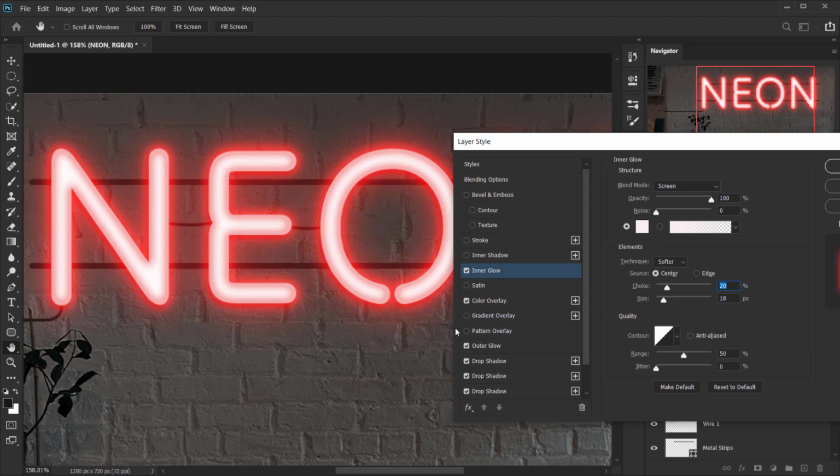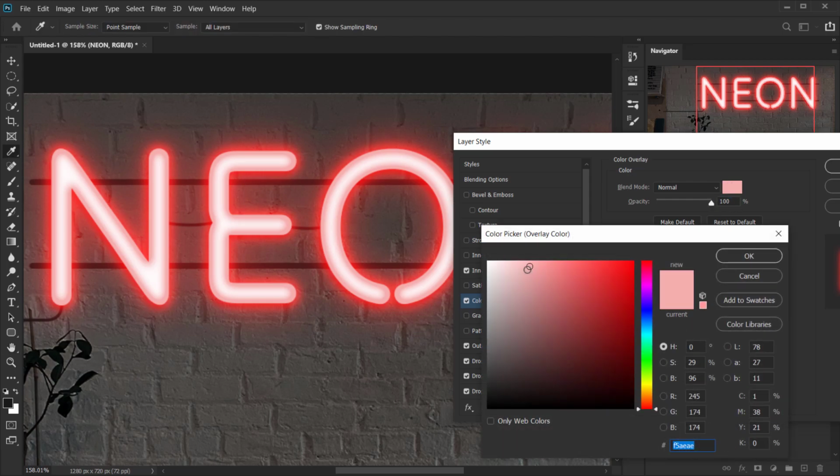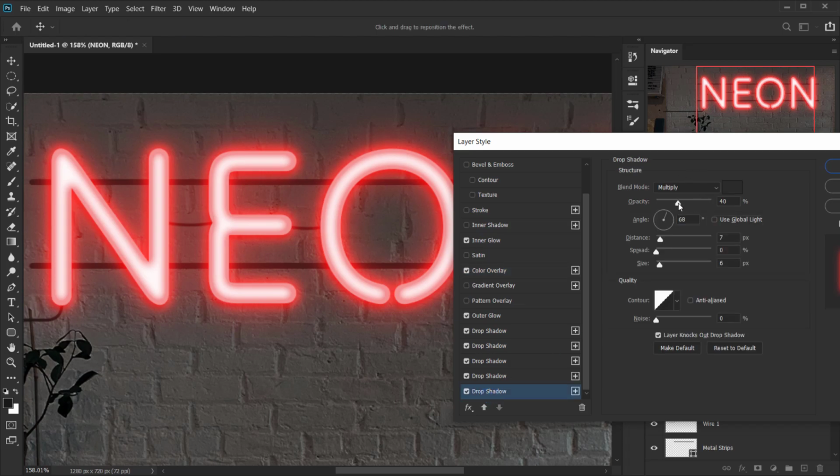I think it looks nice, but I think I will go back to the color overlay, and I want to make the color a little bit dark or a little bit red to match the whole thing. Yeah, something like that. I think it looks good, and I will press OK. And let's check this drop shadow that we added in the beginning if it's good or not. I think it's looking good, but